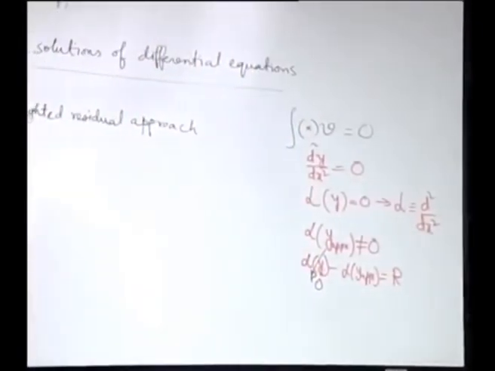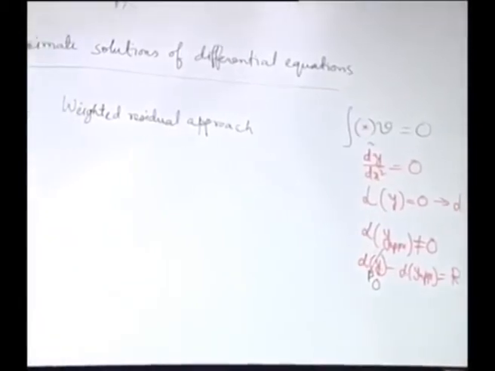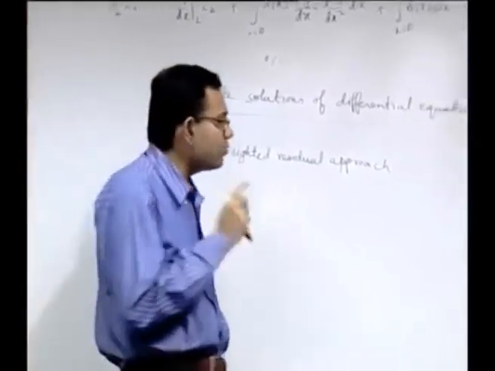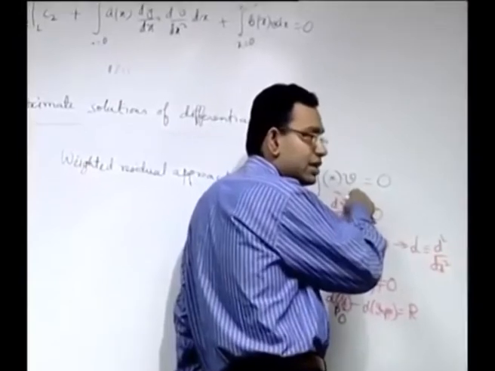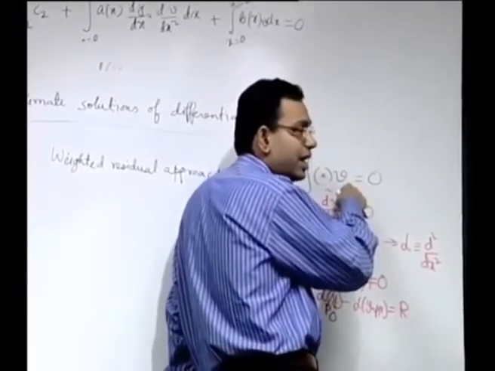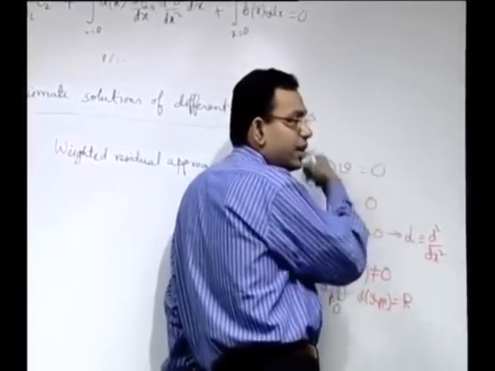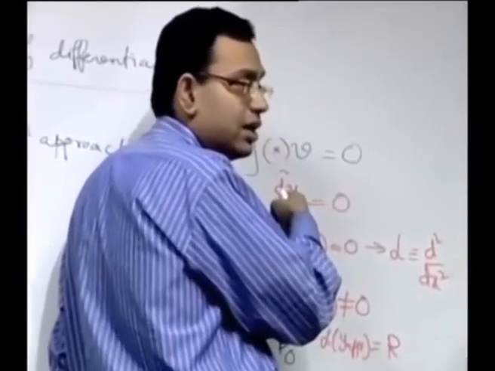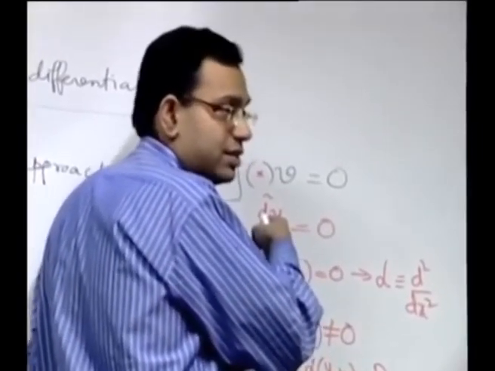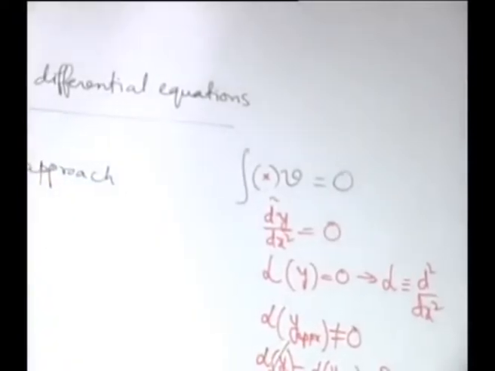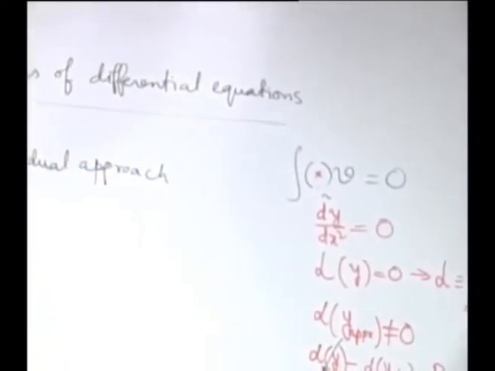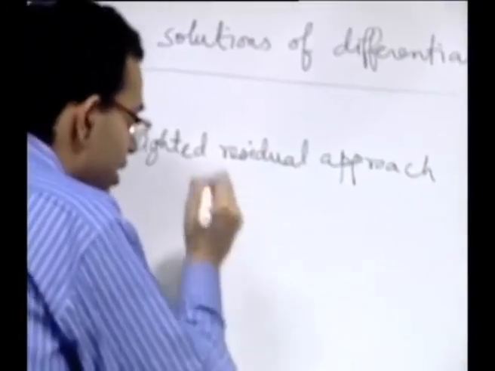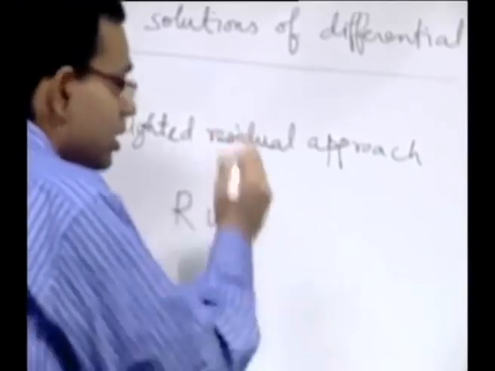Your objective is to minimize the residual in an integral sense over the domain. So for that what you do is you multiply it with a weight function and make the weight function in such a way that in an integral sense over the entire domain, the error incurred because of substitution of an approximate y in place of the actual y is minimized. So that approach in a mathematical formalism is called the weighted residual approach. So what it is basically trying to do, you are writing the residual, you are multiplying the residual with a weighting function